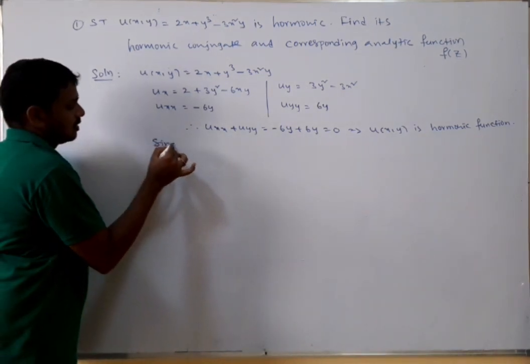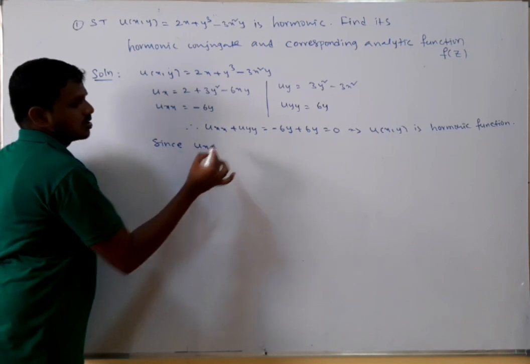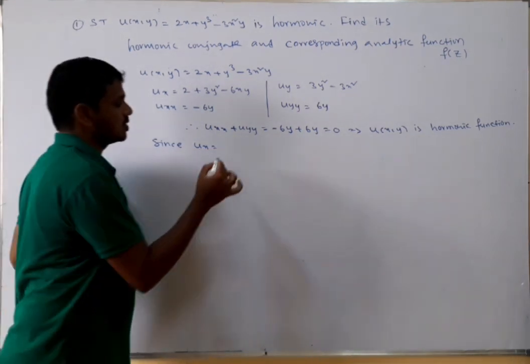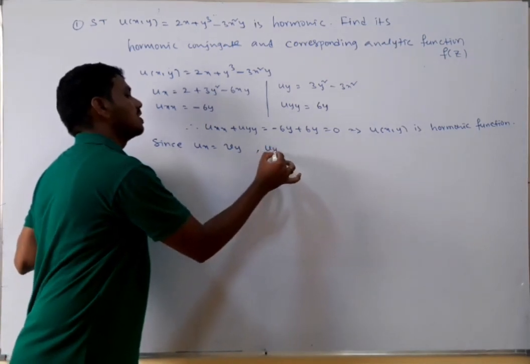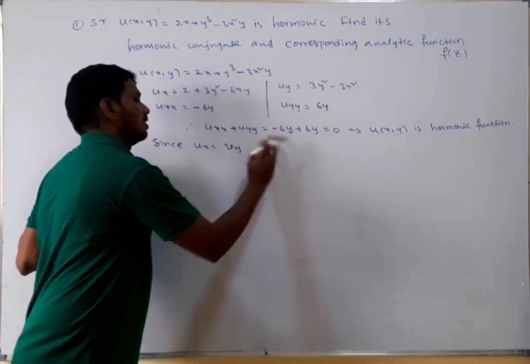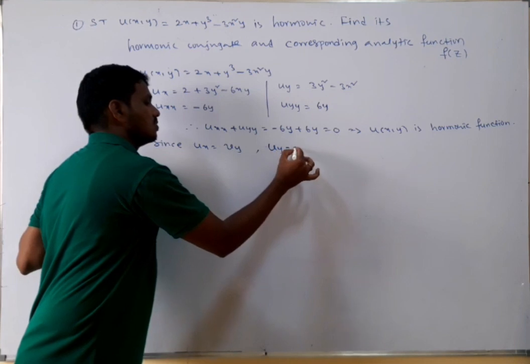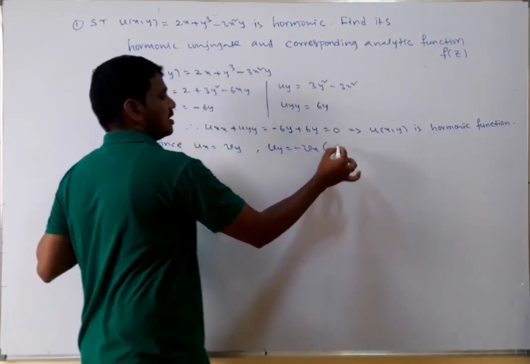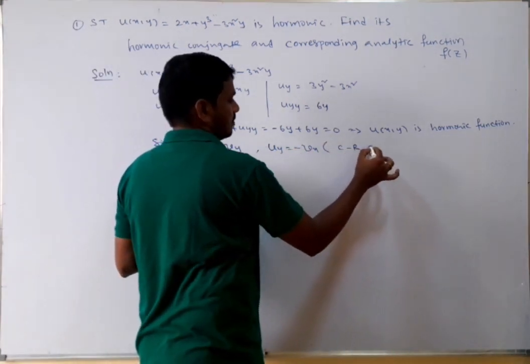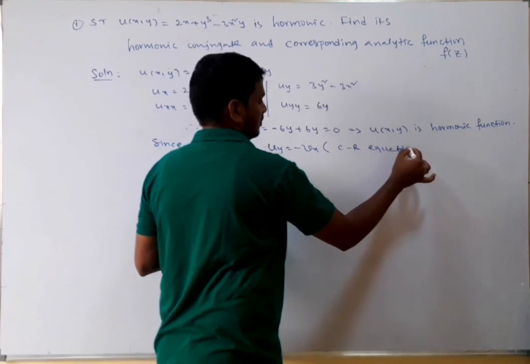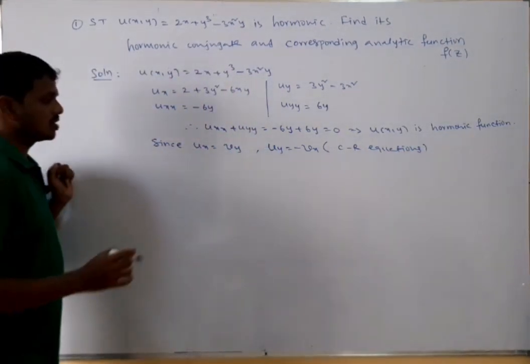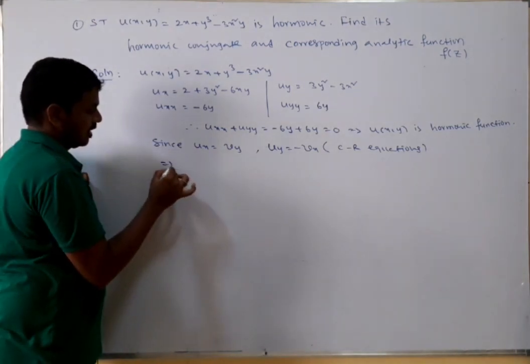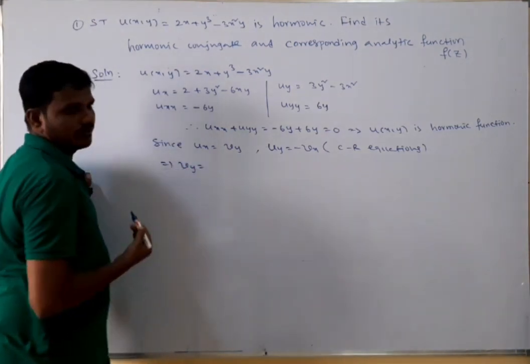Since ux is equal to vy and uy is equal to minus vx, that is the CR equations. The CR equations are compulsory, and u is satisfying them. Ux is equal to vy, but we have ux, that implies vy is equal to